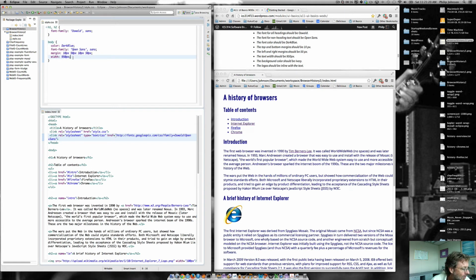Background color should be ivory. So for that, what we're going to say is background color ivory, and so now we've got a little tinge of color,